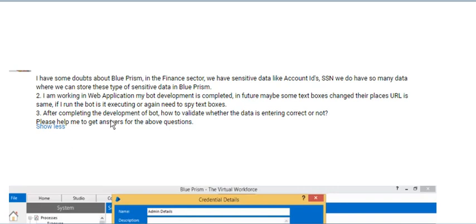The third one is, after completing, how to validate whether the data is entering correctly or not. See here, in development as well, you have to test. Suppose you are working with Blue Prism with SQL as the backend. Some processes have to integrate with your third party applications.